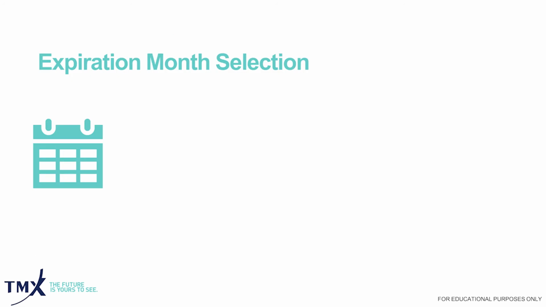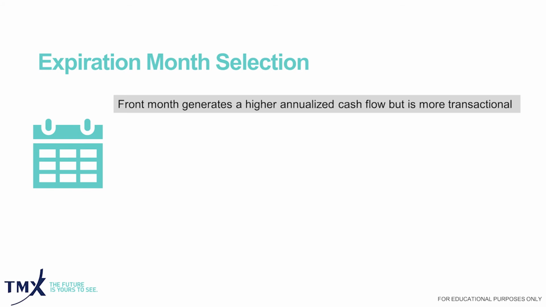Now, we talked about expiration month as well, and again, it's always a loaded question as far as which expiration month is best. If you sell the short term, what we would call the front month contract, you're going to generate a higher annualized cash flow, but it is more transactional. What do I mean by that? If you're selling weekly or monthly options, you may be selling those shares within a week or within a month, and then having to buy those shares back and do it all over again. So commissions and transactions are an important consideration. But again, doing it this way gives you